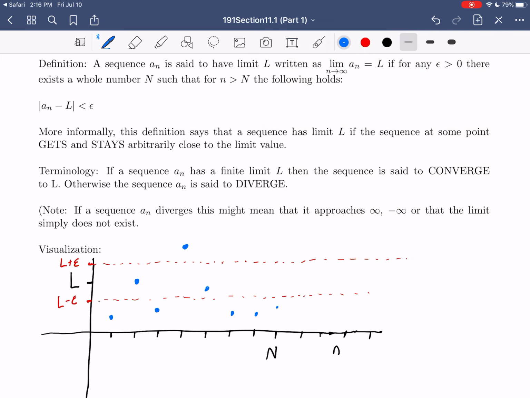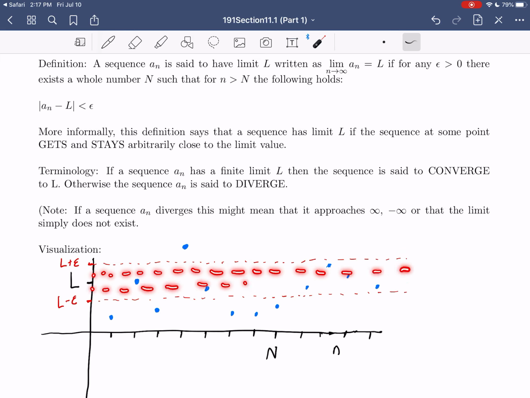I mean, maybe it's sort of right there. Beyond that capital N, forever onwards, doesn't matter if it fluctuates, but it has to now live in here, meaning that forever onwards, every point, even though it might be sort of fluctuating, is going to now live inside that L plus epsilon, L minus epsilon. Then, if you wanted to make the epsilon smaller, so maybe you want your dashed lines to be an even tighter fit around L, well, then you would slide that capital N further down,